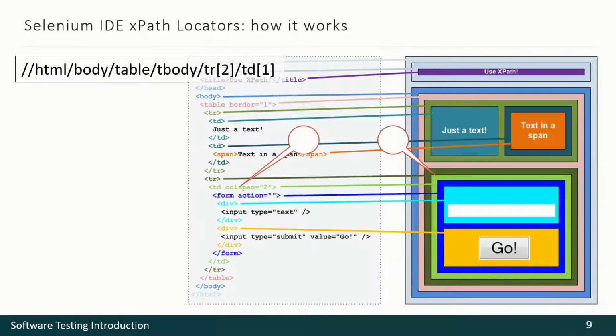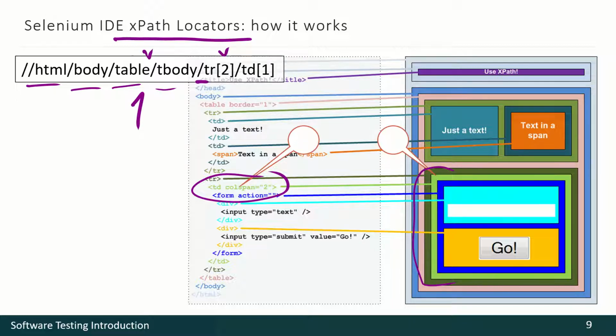And let's continue speaking about XPath locators. Here's another element. Here it is, HTML body table. If we omit the number, that means 1. Table body, table row number 2, table data. In reality, it means table cell number 1. So yes, here it is: HTML, its body, then table, tBody, then the second table row, and the first table data or table cell inside that row.